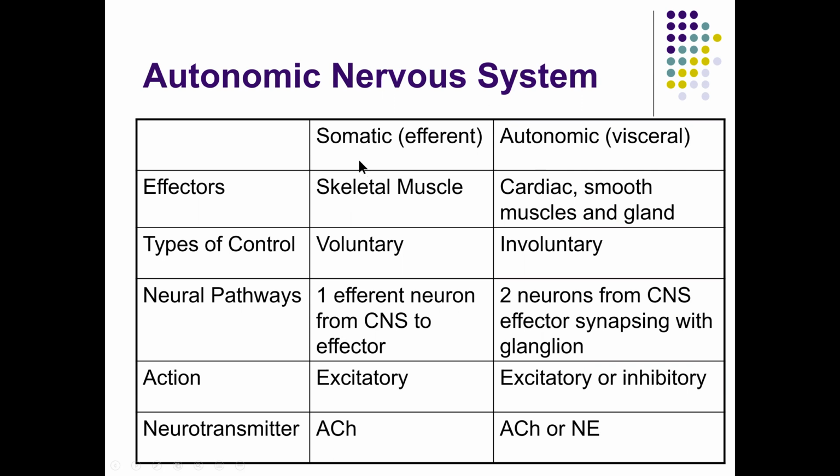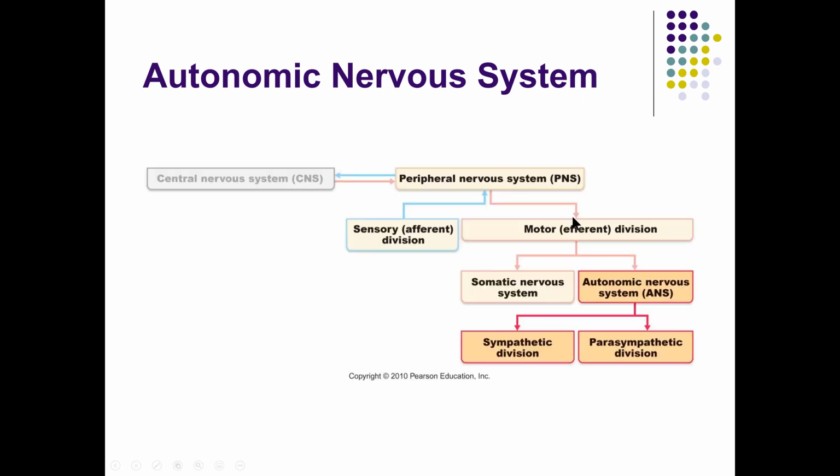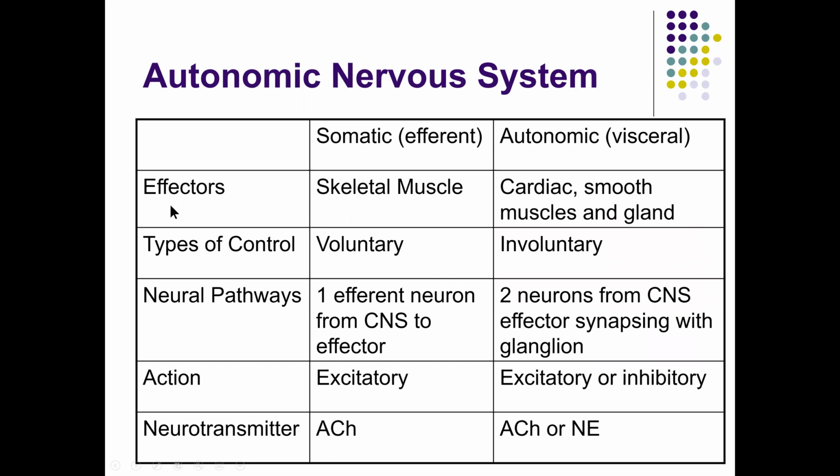In comparison to the portions of the motor efferent division of the peripheral nervous system, the somatic versus the autonomic nervous system, the effectors, what it's going to act on, in the somatic portion, efferent as opposed to autonomic visceral, is skeletal muscle, and autonomic is cardiac muscle, smooth muscle, and glands. Type of control, as you can imagine with the voluntary muscles, is voluntary. Autonomic nervous system is involuntary. Neural path for the